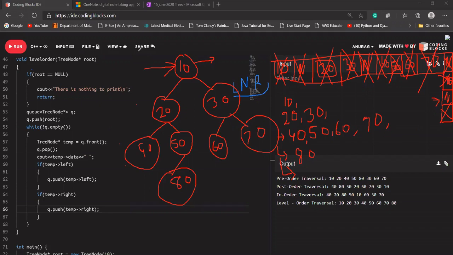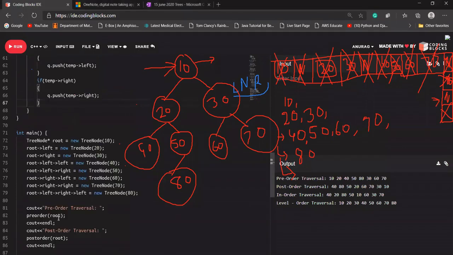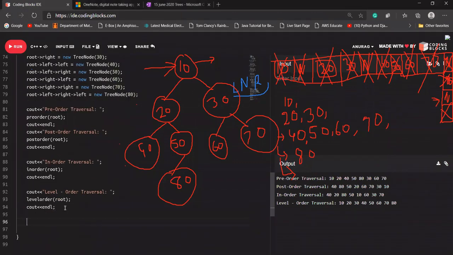So what I'm going to do, I'm going to quickly write the code for it. Let's see, cout level wise traversal. Let's call it level wise traversal.